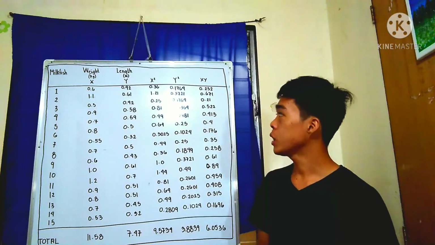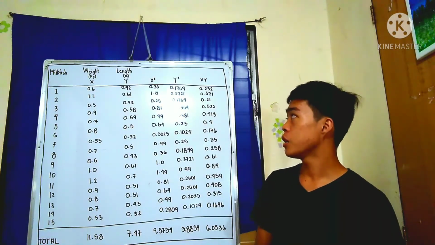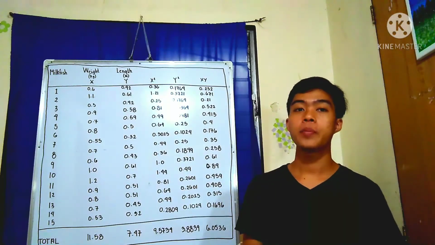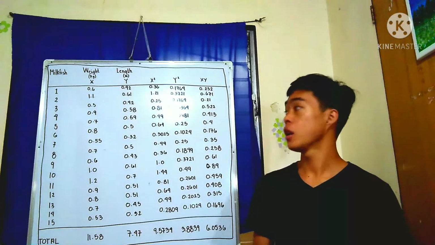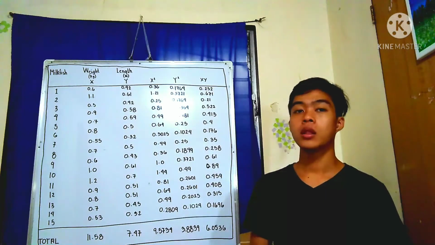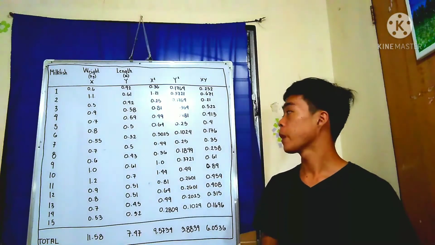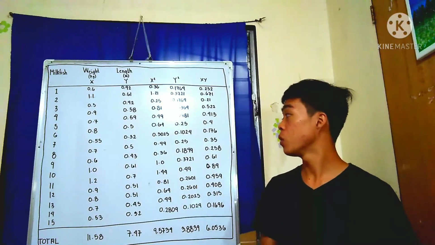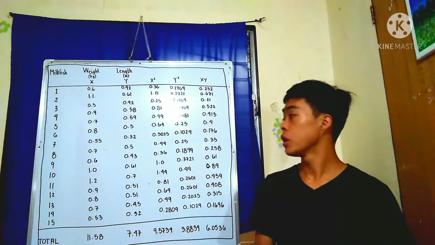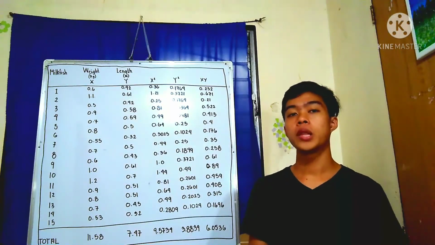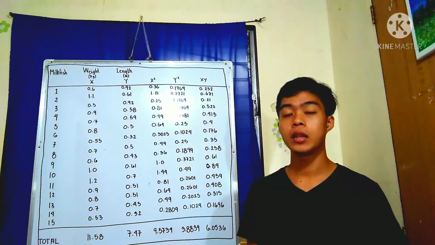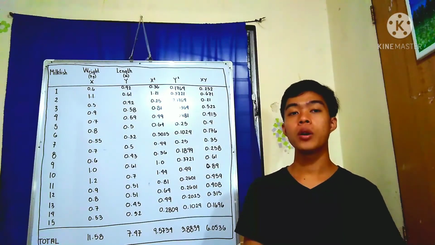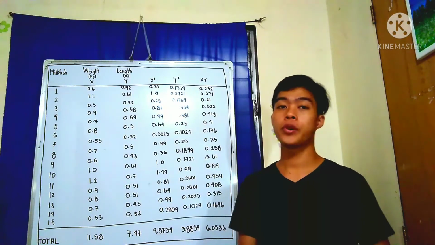In our weight, these are 0.6, 1.1, 0.5, 0.9, 0.7, 0.8, 0.55, 0.7, 0.6, 1.0, 1.2, 0.9, 0.8, 0.7, and the last is 0.53. And in our y, these are 0.42,